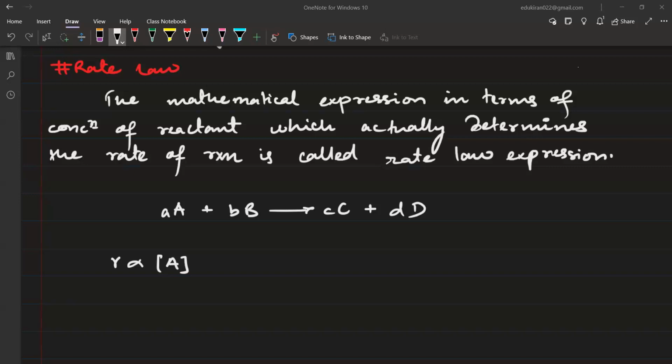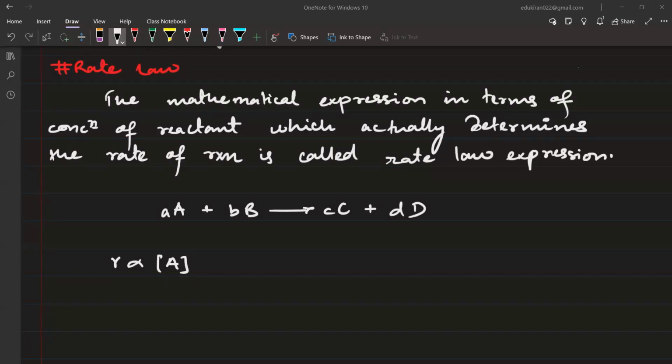Now, please remember that all the reactant species are not equal, right? A and B both will be different. The reactivity of A and the reactivity of B will obviously be different. So depending on the reactivity of A and B, if A is more reactive, please understand what I'm trying to say. Listen carefully. Please don't write anything. If A is more reactive,